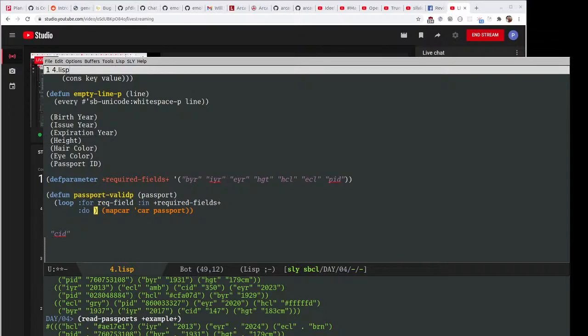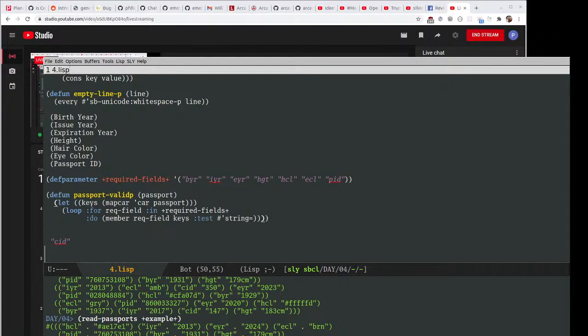So it's like do member keys. Okay. Rec field, and then we want to make sure that the test function that is being used is string, string. Okay,